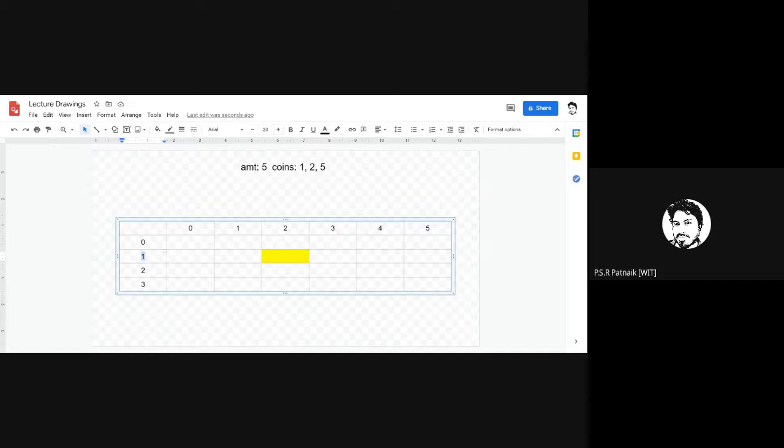So if I consider index 1, index 2 and index 3, it denotes 1, 2, 3. Remember, this 1, 2, 3 is nothing but the index at which the coins are. Let me write this index here. What exactly I am writing here is, this is at index 1, this is at index 2, and this is at index 3. So let me write this index here so you can relate it better.